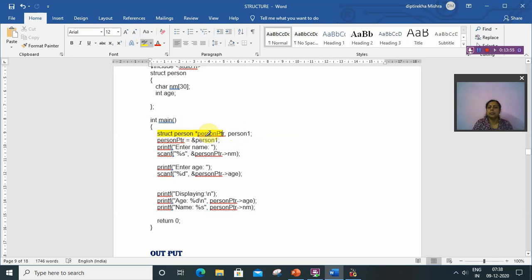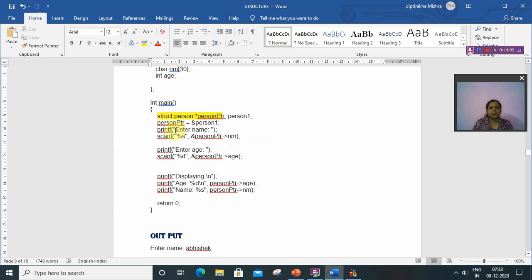It is a pointer variable, but person1 is only a variable, and a pointer variable stores the address of another variable. So personptr will store the address of person1, where ampersand means address. Person1 is the variable of person, and the pointer will store the address of person1.